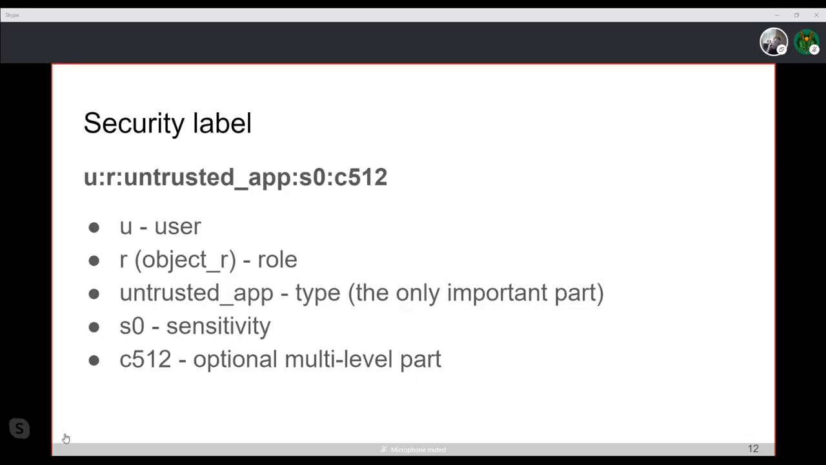Let's dissect the security label. It might look a little complicated, but actually it's pretty simple because most parts of it are constant values. You can see that it is colon separated. The first part indicates a user. This is a constant value. It will always be just u, so you don't actually have to worry about it too much. The same goes for the second part. It's the role. It will be r for processes, and it will be object_r for